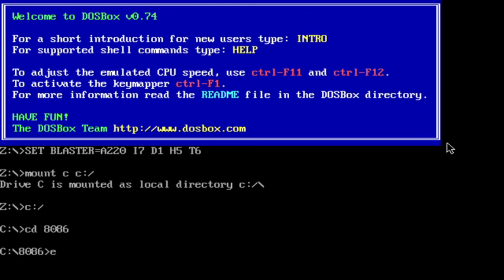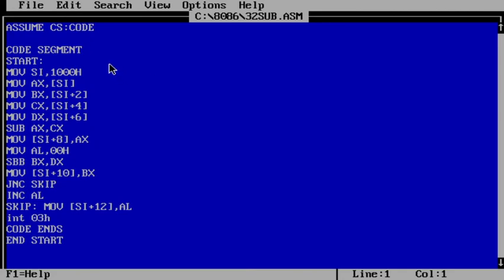So I have written the program already as 32sub.asm. So this is the program already written, which I have discussed through the PPT.